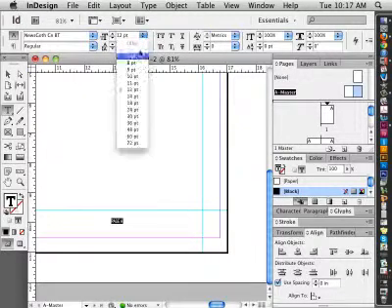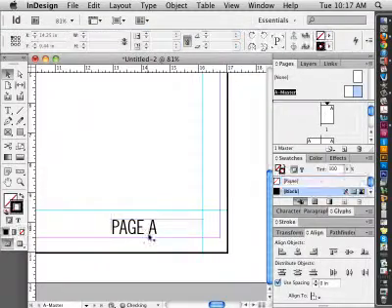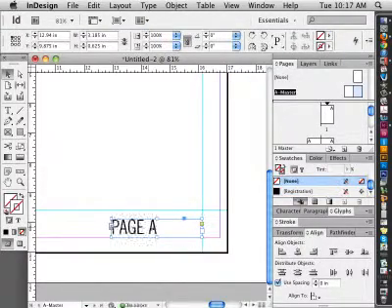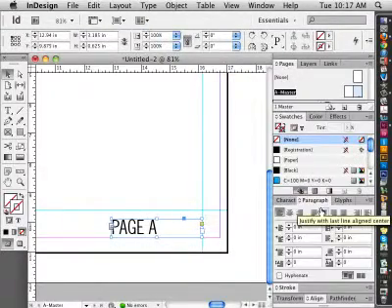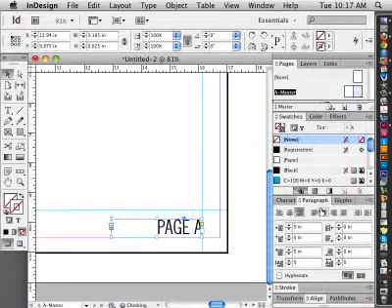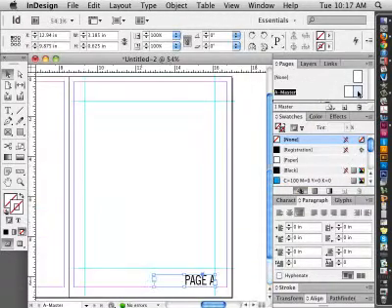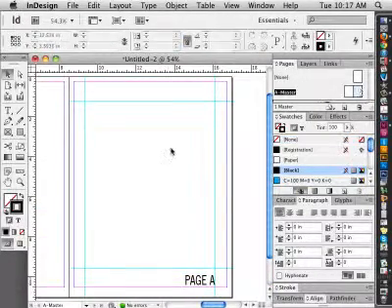So I want it to be Helvetica or News Gothic 48, and I want it to be aligned right. So I'm either going to do Command Shift or Control Shift R, which is the shortcut for align right, or go under paragraph and adjust the alignments. And if I double click back on my page,